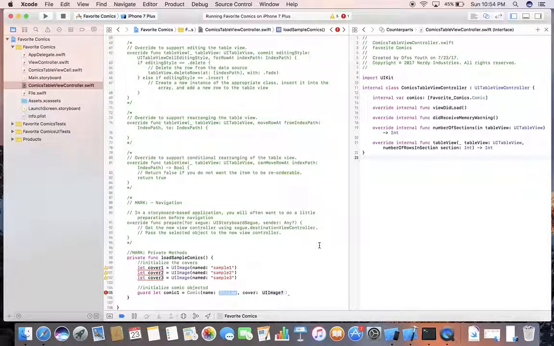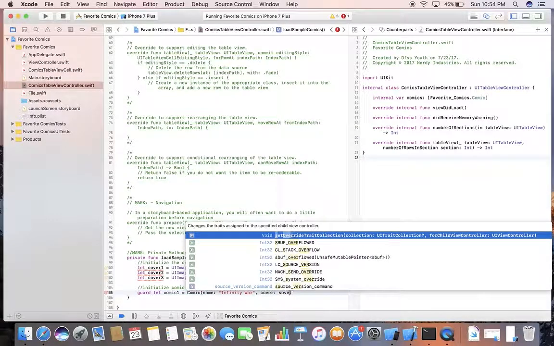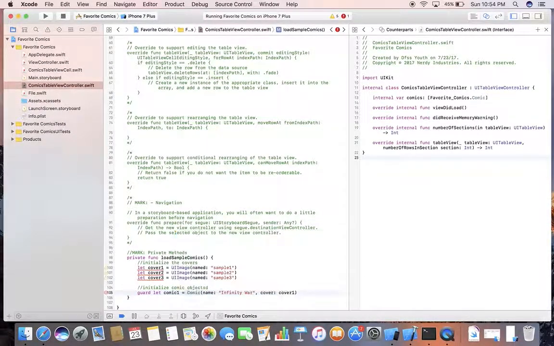So the name of the first one was Infinity War, but I'm going to have a problem with that because it needs to be a string. So let's do that. Infinity War, and the cover is just going to be cover1. We're going to keep that nice and simple. You can see I've got cover defined up here. It already knows what it is, so I'm going to put that right there. So guard let me create this, else